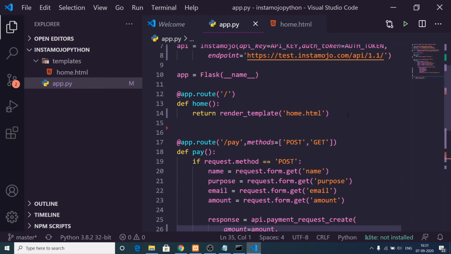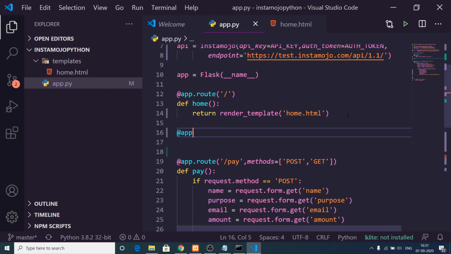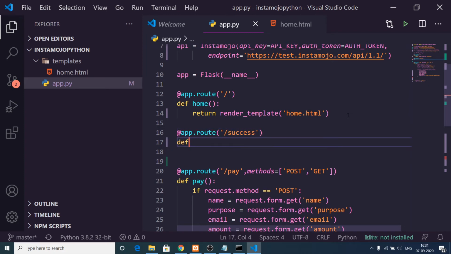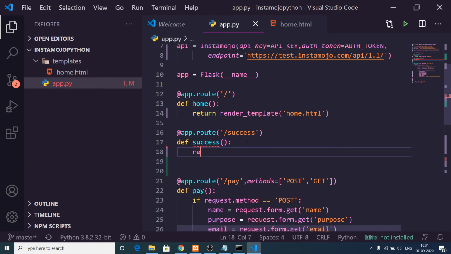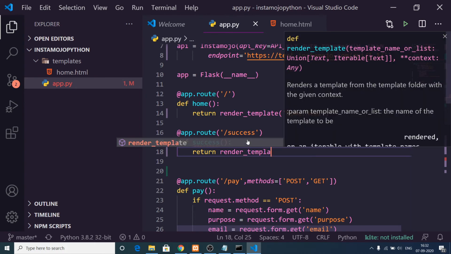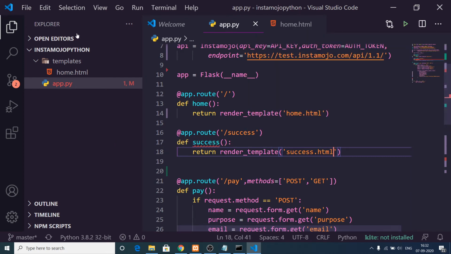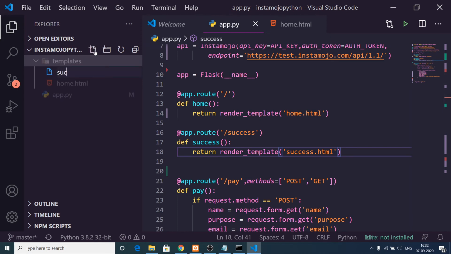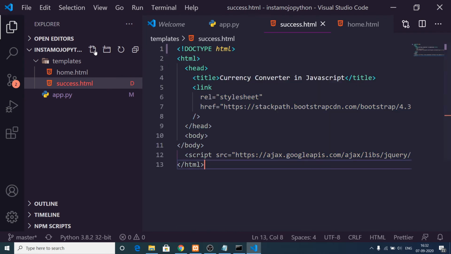So let me make a simple route here, app.route to /success. When the request happens, the default method is get, so we need not write it. So this will be success. Here I can just return a template, render template. We can again make use of that. And here we can pass success.html. So again, inside your templates folder, create this file success.html, and simply inside this you will have some bootstrap,